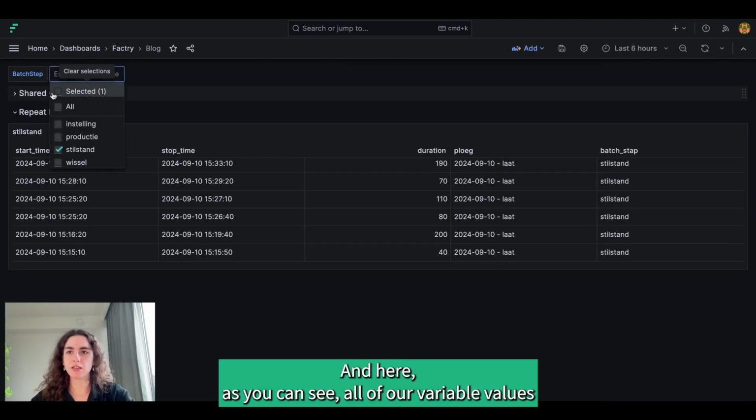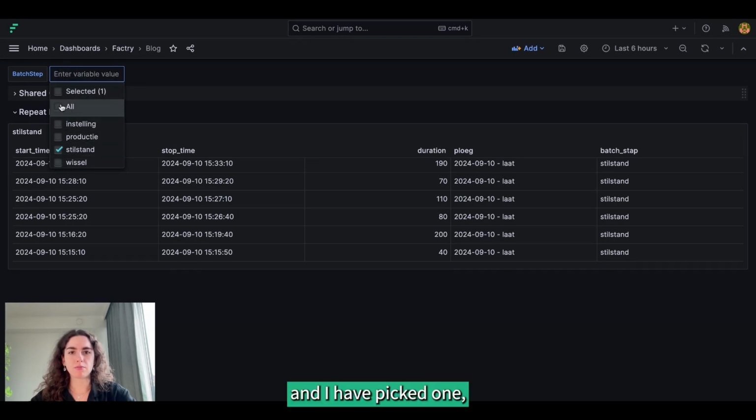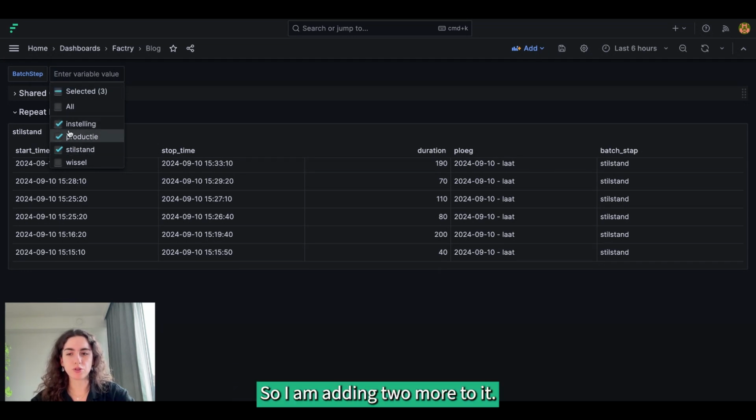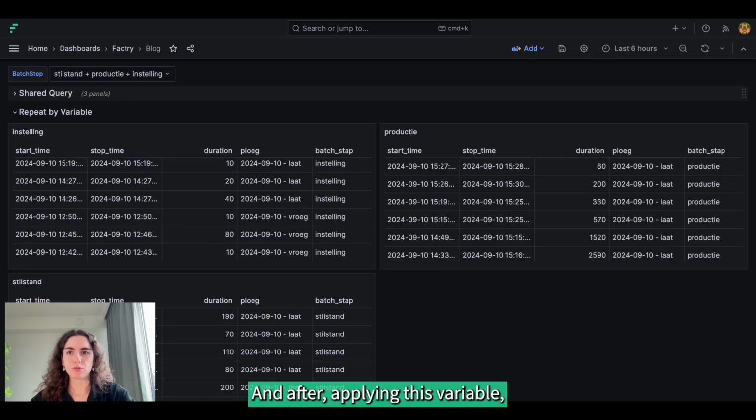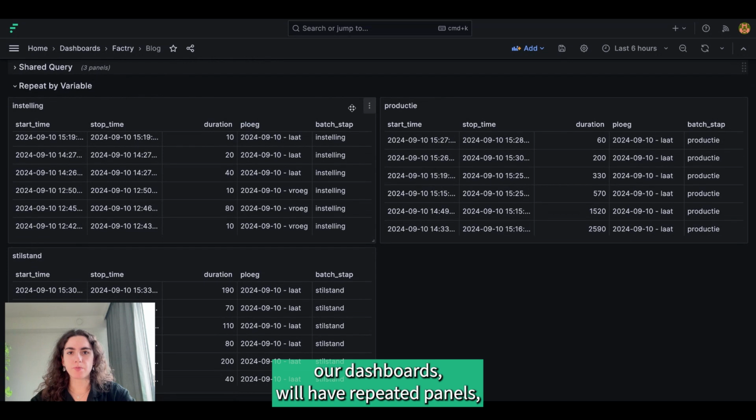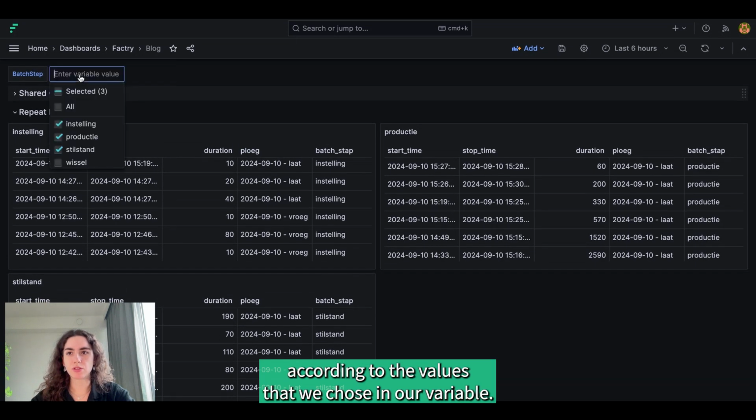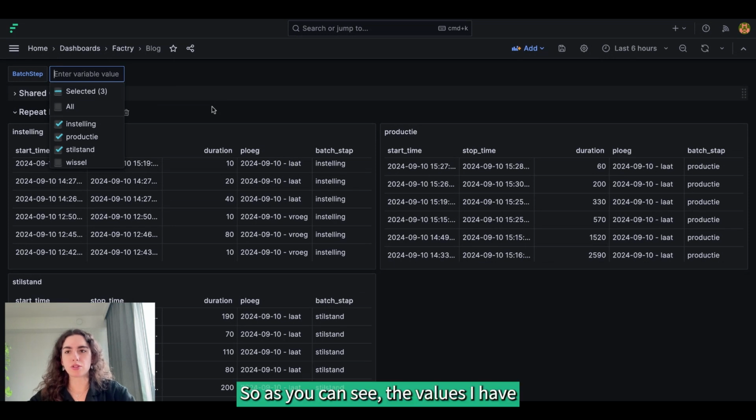And here, as you can see, all of our variable values, and I have picked 1, but I would like to see 3 of them, for example. So I am adding 2 more to it. And after applying this variable, our dashboards will have repeated panels according to the values that we chose in our variable. So as you can see, the values I have chosen are being repeated individually,